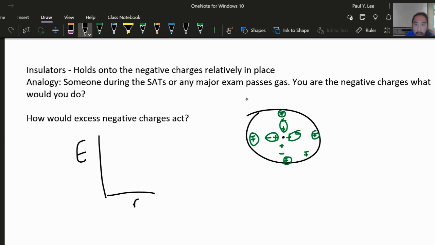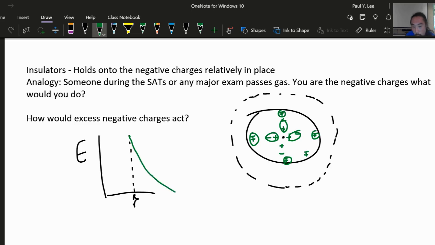If we are outside of the charge, what we're seeing is a net overall point charge. And so we know that, let's say at this point we have R, anything beyond that, according to the E field formula, will still follow the inverse square law, just like that. But as we shrink